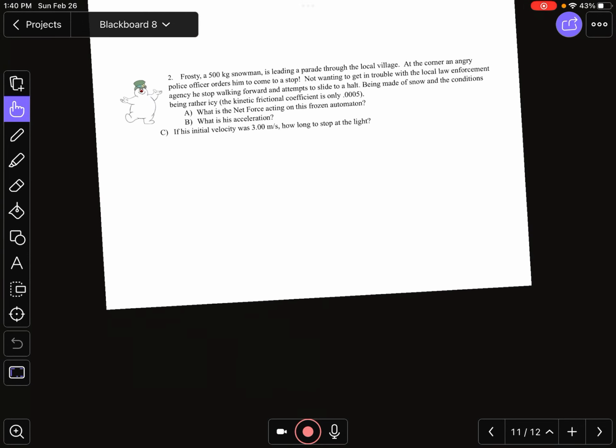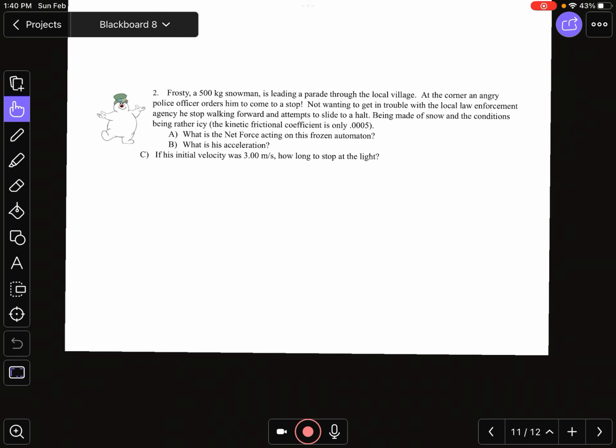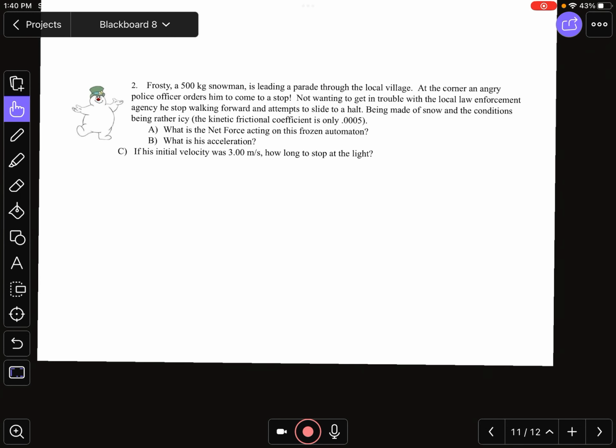Okay, I'm going to do number 2. Frosty, a 500-kilogram snowman, is leading a parade through a local village. At the corner, an angry police officer orders him to come to a stop. Not wanting to get in trouble with the local law enforcement agency, he stops walking forward and attempts to slide to a halt. Being made of snow and the conditions being rather icy, the coefficient of kinetic friction is